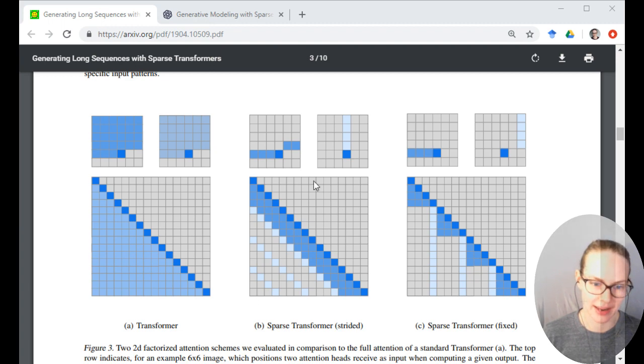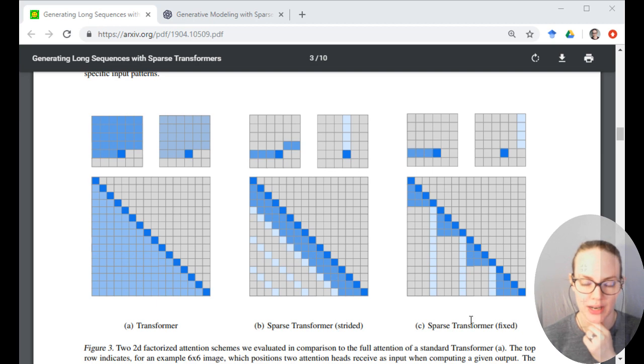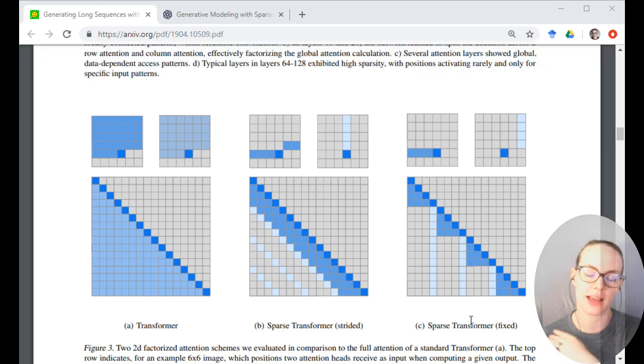And then the two ways that they have modified this fully attentive network is they always look at the previous c, I believe, was the variable they used for that, tokens. And then in one model, they also have a trailing sample, where for every nth token they'll also look at n-5, n-10, n-15, where 5, 10, and 15 are 1, 2, and 3 times c, whatever that constant is that you specify in the model. And then the other option is that you always look at the, so once you're at the 6th item, you always look at the 5th item. Once you're at the 11th item, you always look at the 10th item, and so forth. So this is fixed, which sort of models column attention, and this is sparse, which is kind of